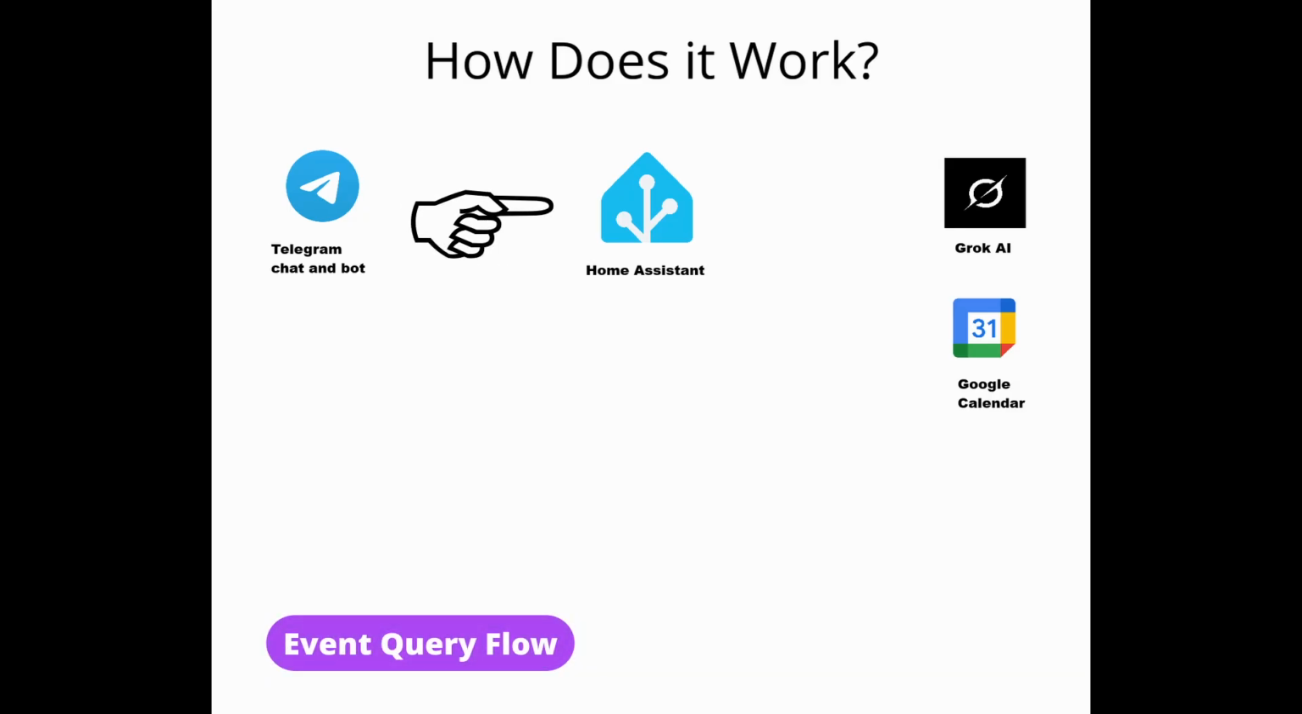But if the message is asking for specific kinds of events that are within the calendar, Grok will then send a query to Home Assistant to extract out all the events, and then Google Calendar will return the events to Grok AI. Grok will then understand which events to show the user, which is me, and then return the relevant events to the chat. To set this up for yourself, I actually summarized it to 4 steps, and step 1